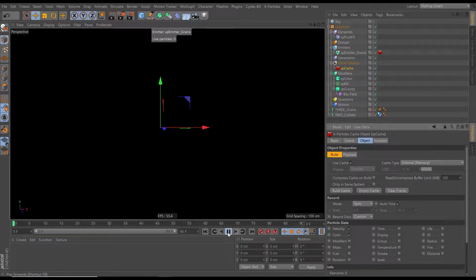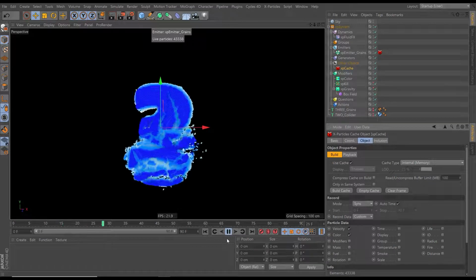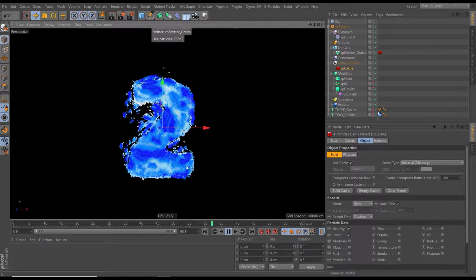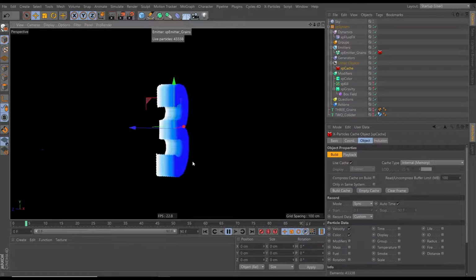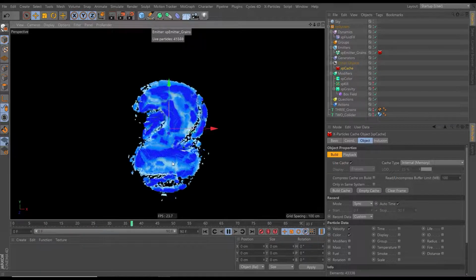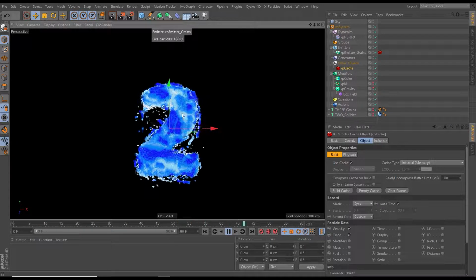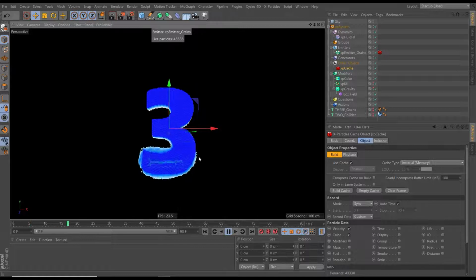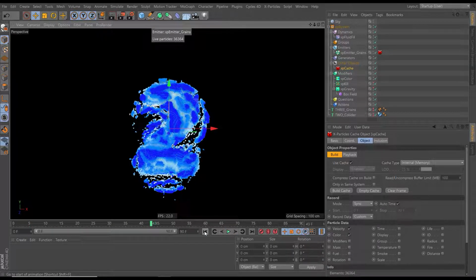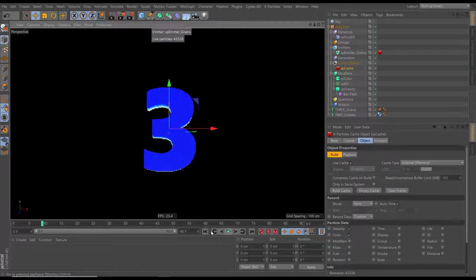Okay, so that's finished caching, so let's have a look. And yeah, that's looking really good. Very pleased with that. We've got our clumping falling off, and then poof, we'll have our particle advection at around that time. Now, one thing to notice, because we did increase a lot of stability, can you see the elasticity